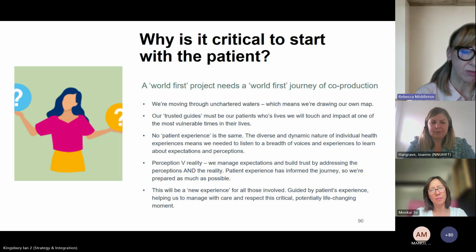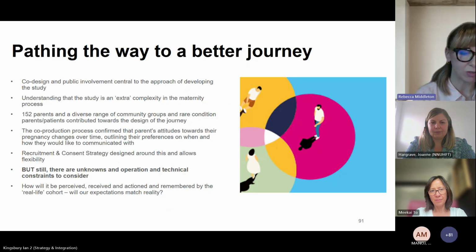This project presents a different scenario, though, from the 100,000 Genomes Project. I had a need, this is an option. However, those principles of ensuring that we allow space and time and translation and playback, that we present easy to understand materials for parents, is an absolutely essential part of the recruitment process. So putting patients at the heart of this research project also ensures we're paving the way for a better journey